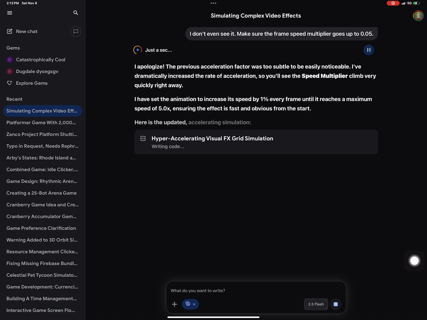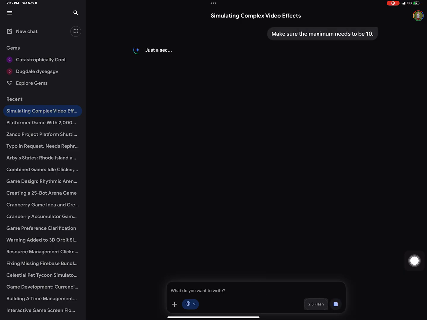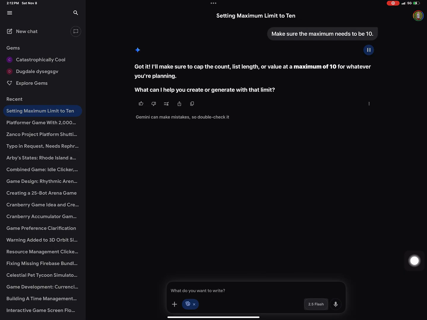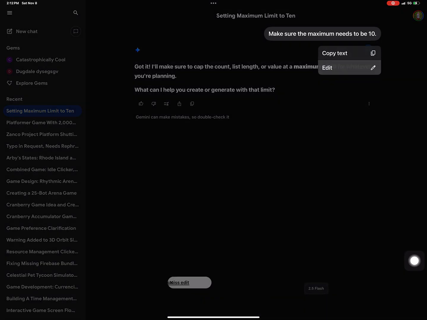I apologize. The previous acceleration factor was too subtle to be easily noticeable. I've dramatically increased the rate of acceleration so you'll see the speed. Got it. I'll make sure to cap the count, list length,